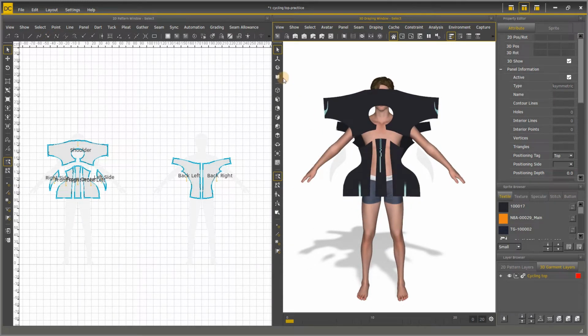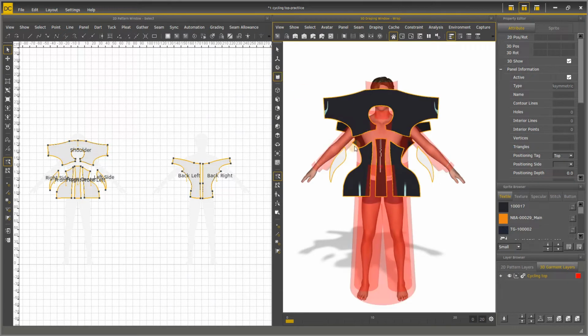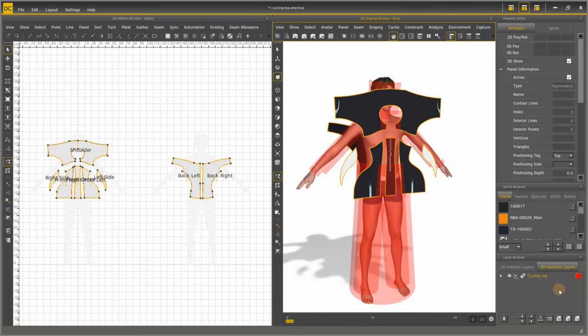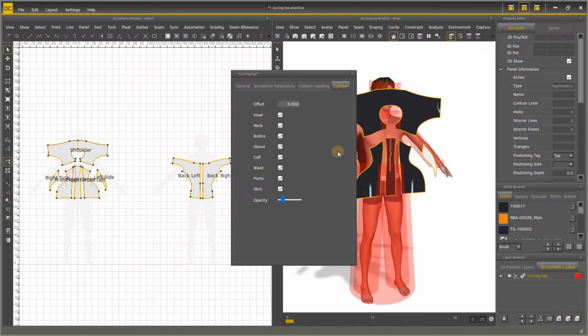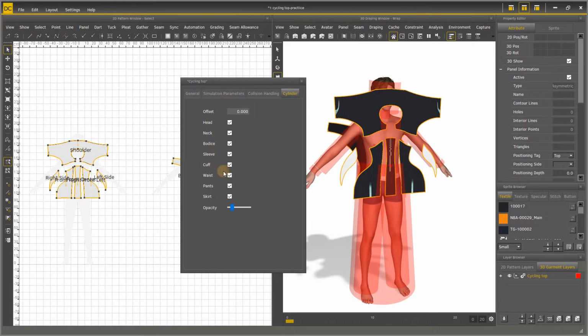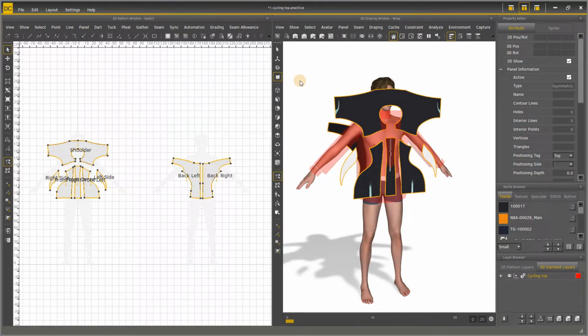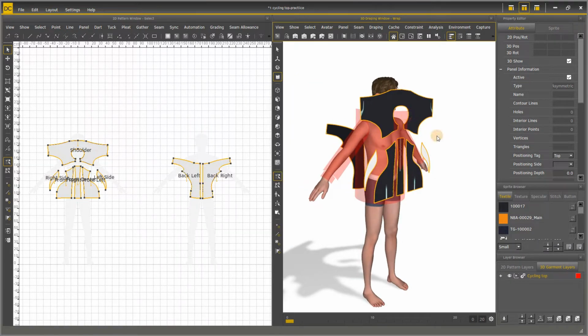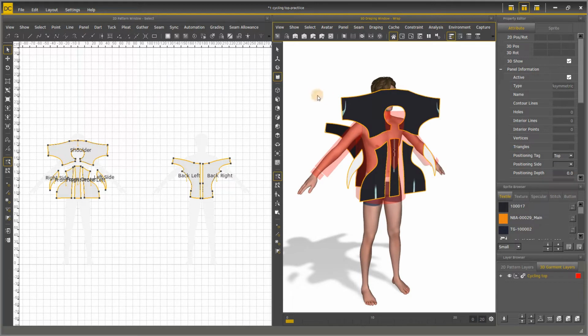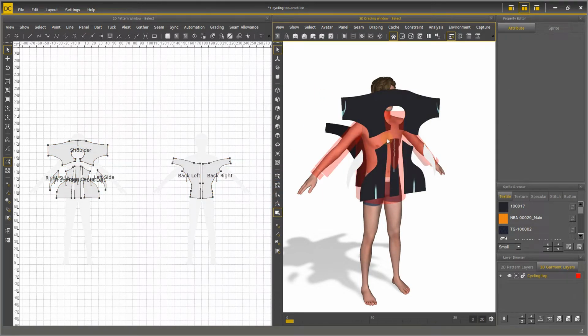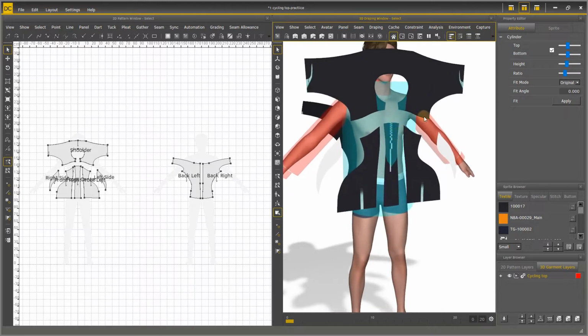To place the patterns around the avatar, we can open the wrap function and cancel the unwanted cylinder in the 3D layer setting. Then go to the cylinder selection mode to change the height and ratio if needed.